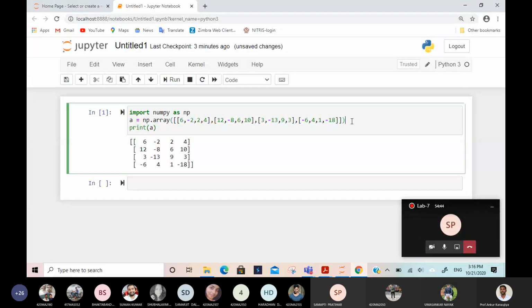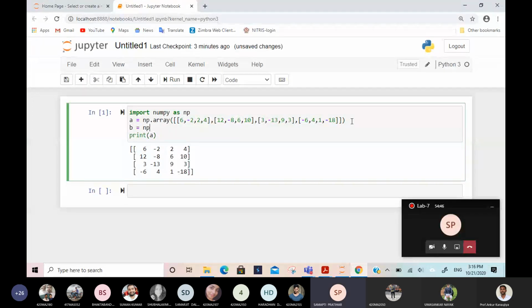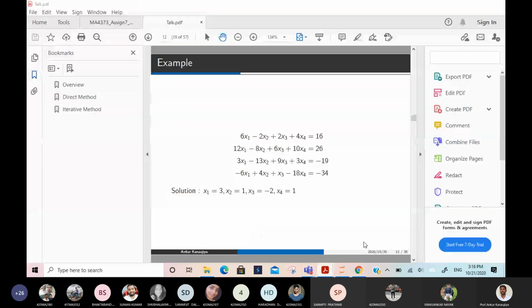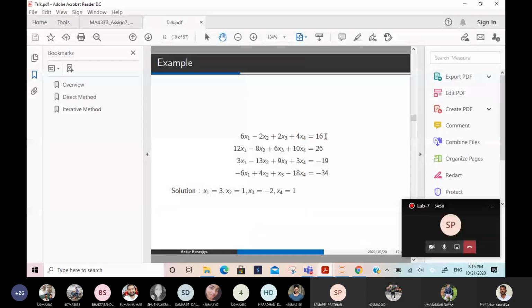So now I will write the matrix B. Again np dot array. Matrix B, the right hand side, is 16, 26, minus 19 and minus 34.